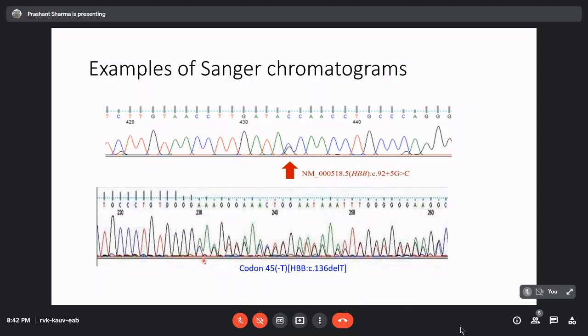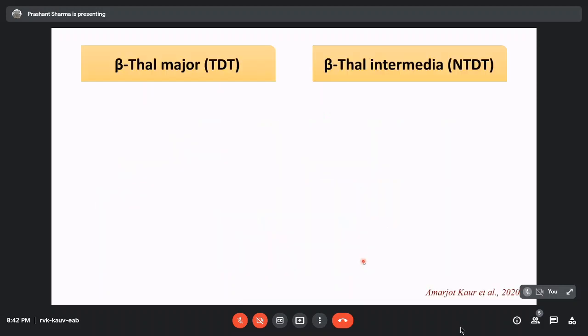So what we do in sequencing PCR is we put in only the forward primer or only the reverse primer. So we're just seeing either the plus strand of both the alleles or the minus strand of both the alleles. If they match, then we get a clean sequence with just the mismatch here. But in case a frame shift has happened in either of the alleles, then the sequence will not overlap and a garbling is going to happen.